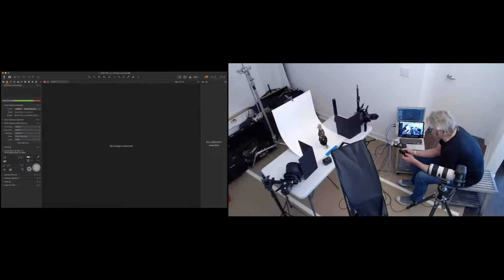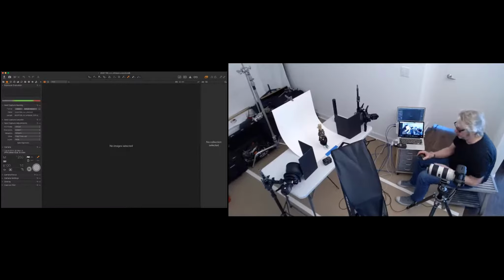What do I get to? 2.8. The next stop down, 4. Next stop down, 5.6. Next stop down, 8. So that's 4 stops that I need to actually deal with here.